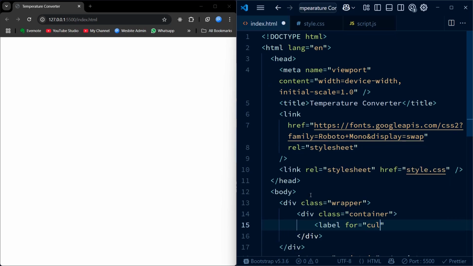To begin with, I am setting up two input fields, one for Celsius and another for Fahrenheit, because we want the user to be able to convert in both directions.